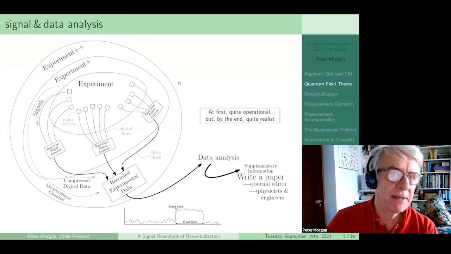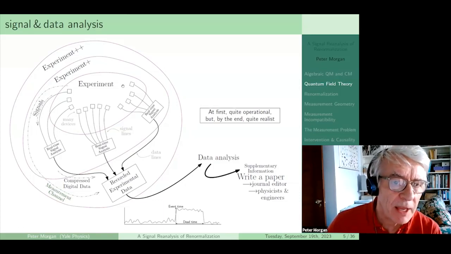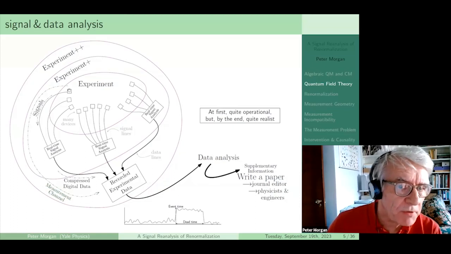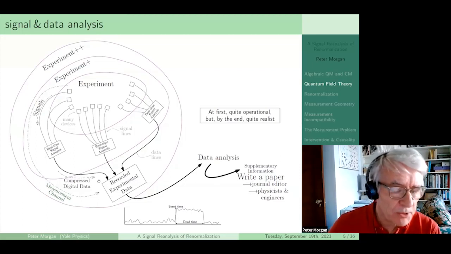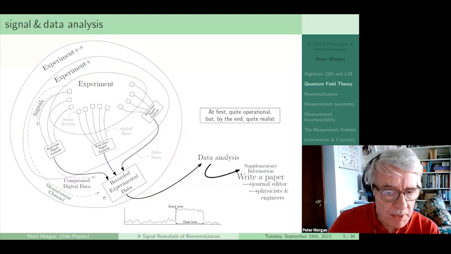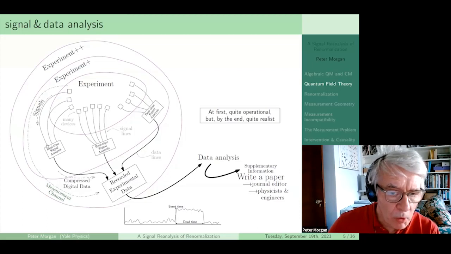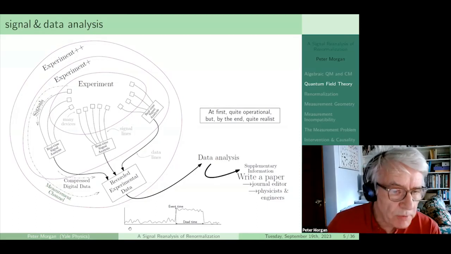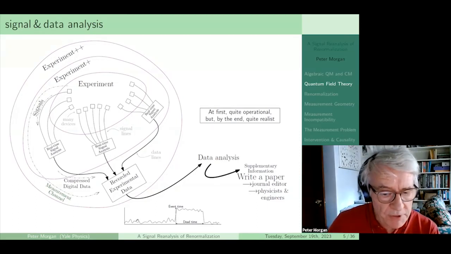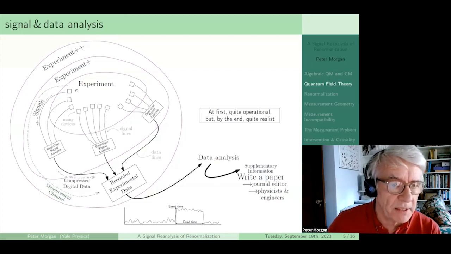So this is a crude schematic of how I see an experiment. Whatever it is that's contained by the experiment is surrounded by many devices, and each of those devices has a signal line to a piece of hardware that converts that signal as it receives it to some kind of compressed digital form, which is then recorded in computer memory, and then subsequently we analyze that data, we write a paper, and so on. Now, typically, we record when an event happens. On the other hand, we could, and some experiments do, record every picosecond what the signal level was out of the device that we're using.